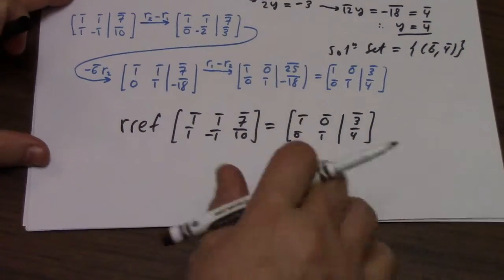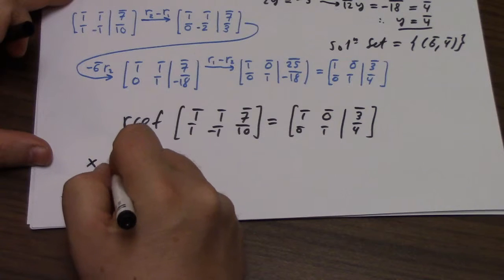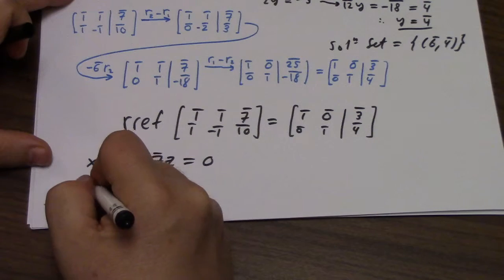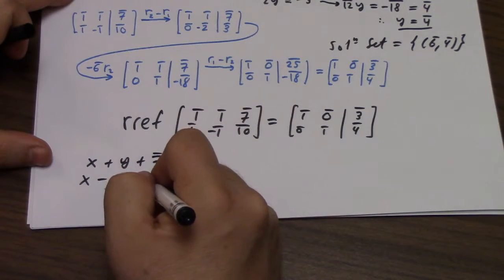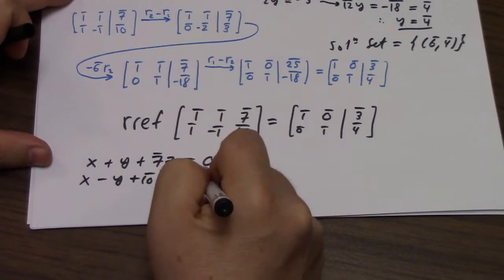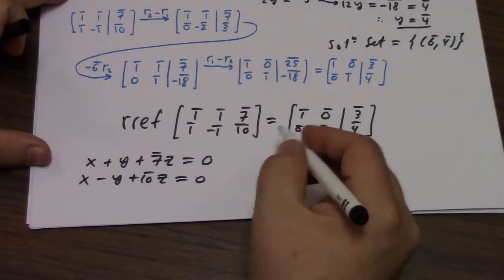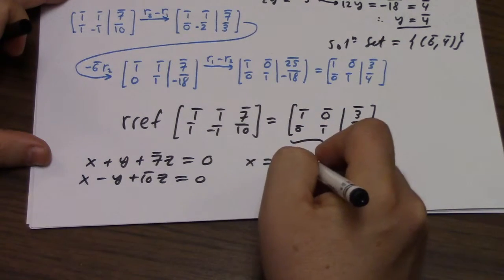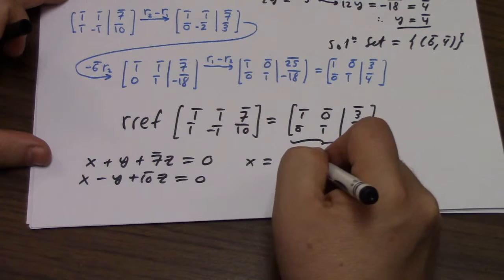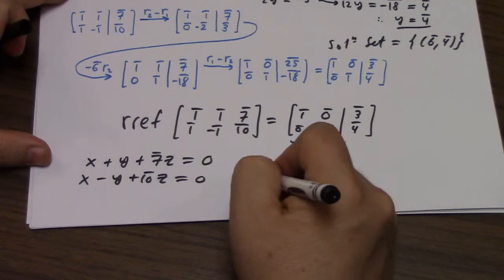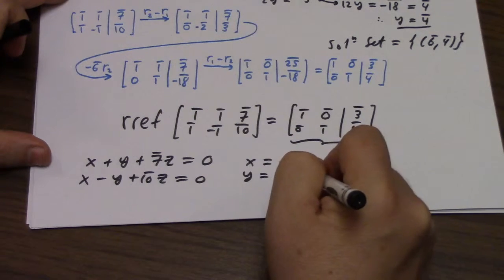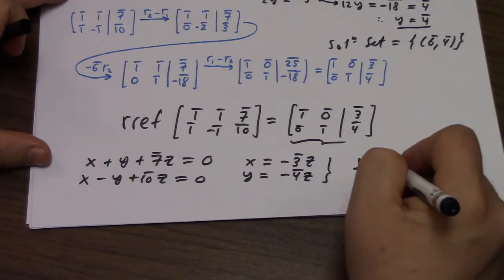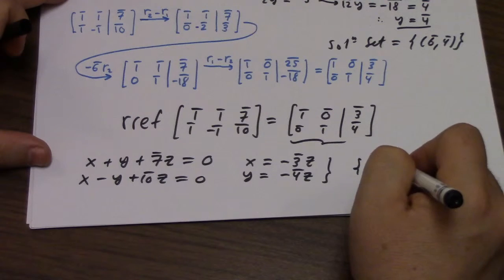Now, one other use of this you could make is if we were looking at the equation x plus y plus 7 bar z equals 0 and x minus y plus 10 bar z equals 0, again in Z mod 11, you could also see the solution set from this. This would tell me x is equal to actually minus 3 bar z, and this would tell me that y was equal to minus 4 bar z if you look at it. And so from that I can get the solution set to this equation would be, what would it be? It would be 0. No, sorry, it would be